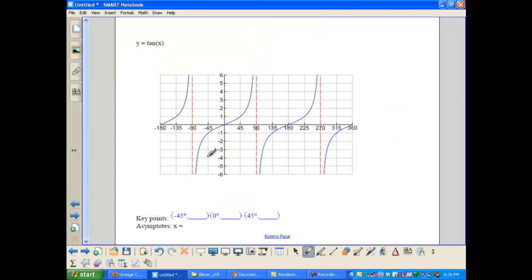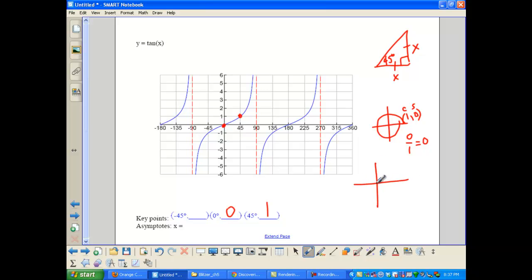Let's take a quick look at tangent. I am a big fan of knowing just the real basics. I know that in the 45-45, since the legs are equal in length, my tangent is 1. So I could plot 45, 1. At 0, again, back to the unit circle, the ordered pair is 1, 0. When you do sine over cosine, you get 0. And a negative 45, let's take a look at where a negative 45 would be. Those legs are again equal in length, but this time one of them is negative, so you get a ratio of